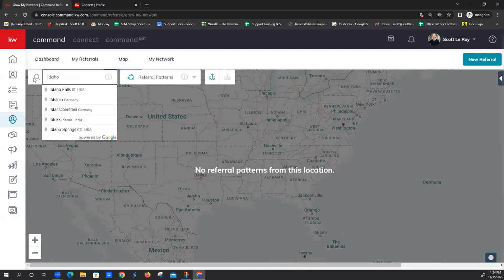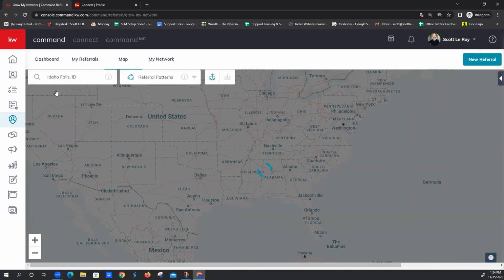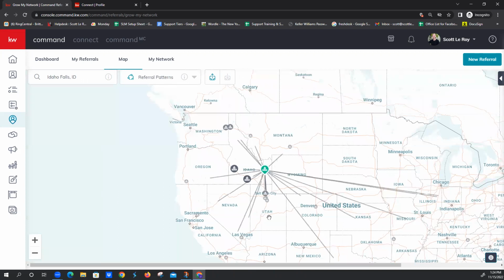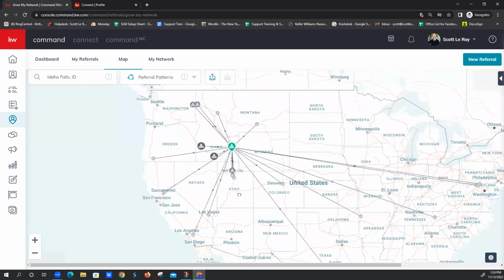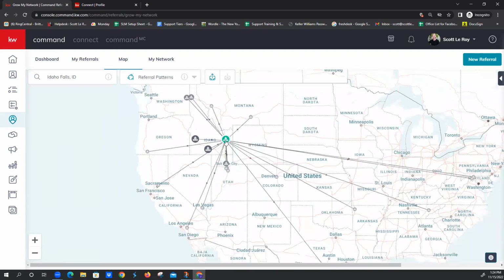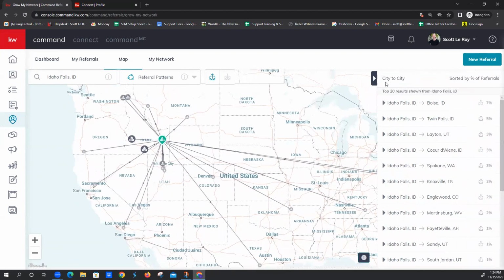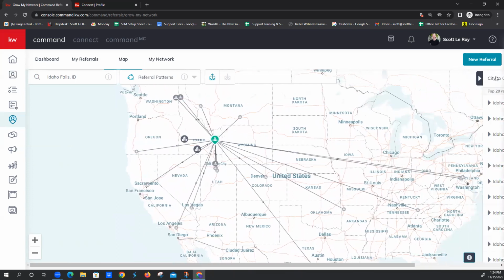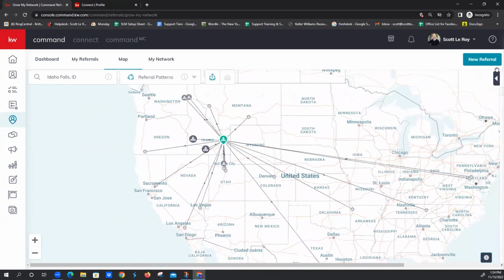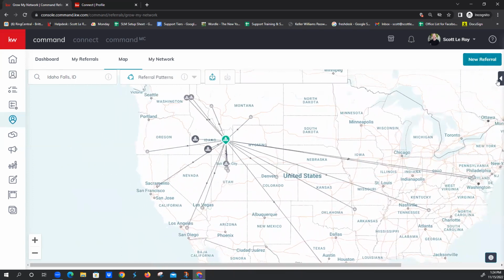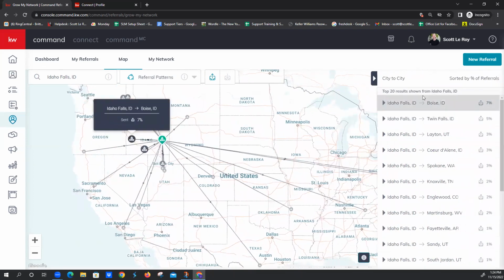Let's try Idaho Falls, Idaho. So this is a really cool thing to play with if you have any time. I know you're busy agents, but it does show you. And did you see how that tab was there and then it's not there? If it's ever hiding, it's just right over here on the top right corner under new referral, but just click on that and it'll show you